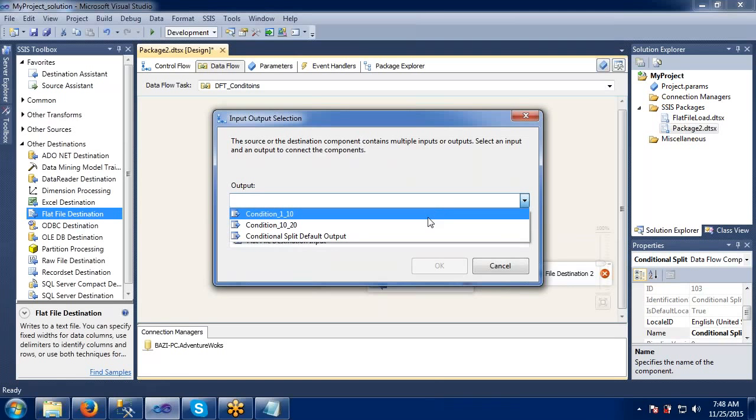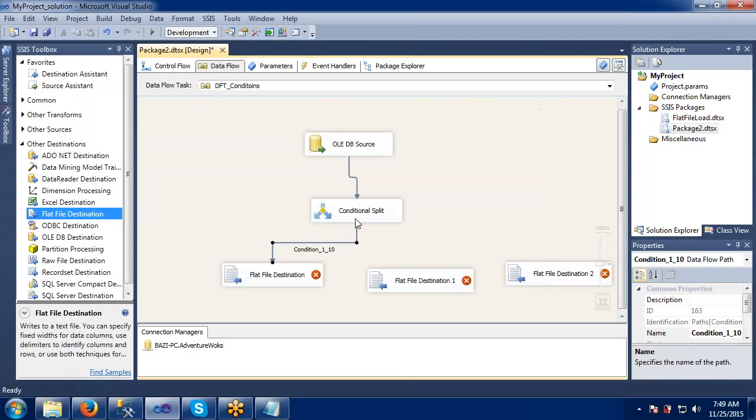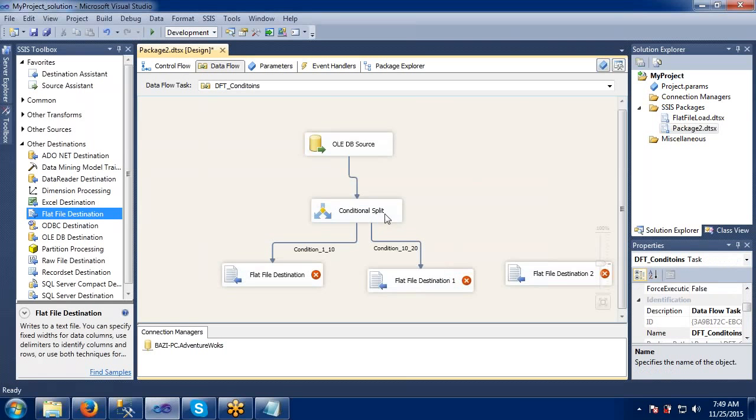Condition 1 to 10 is my first condition, so it has to be applied here. Okay, the first condition is applied. Again click the conditional split and connect to the second flat file. Here the second condition, 10 to 20 records, has to come to this file. Okay, for the third, the default output, it doesn't ask me anything. Why?